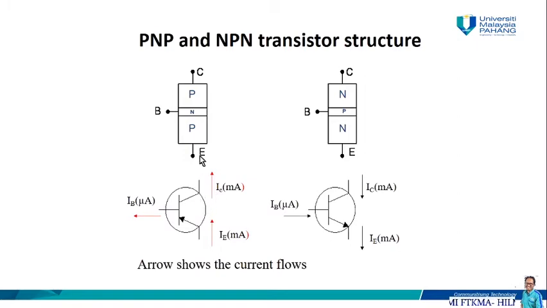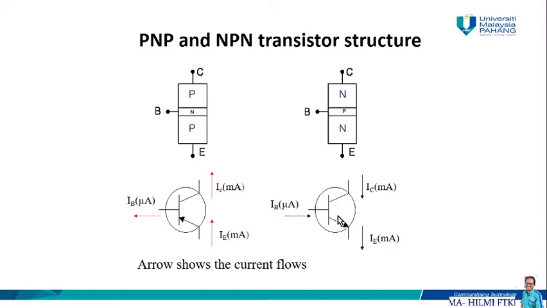So we can complete the equation that we have learned in Kirchhoff's current law, where IE is equal to IB plus IC. And similarly for the NPN transistor, the direction is opposite, where IC and IB point inward